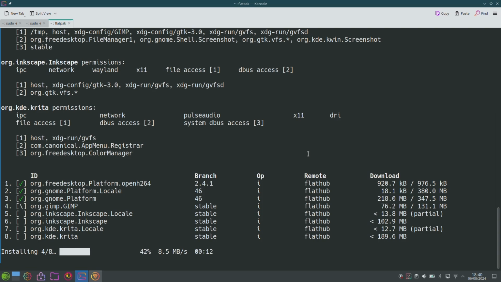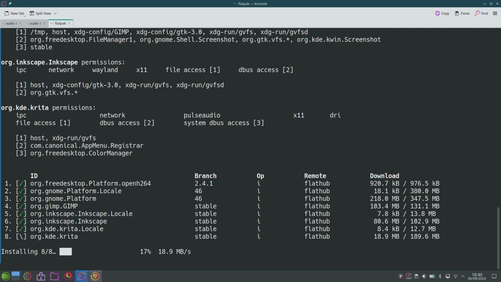So let's continue with the other packages. What else? Okay, so we have another package that is helpful on our system, which is a resource monitor, resource monitoring for your RAM, CPU,